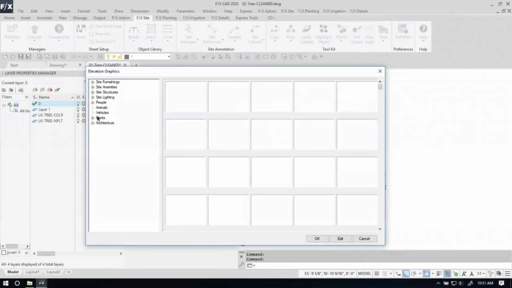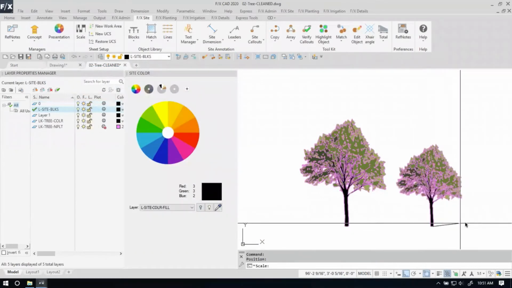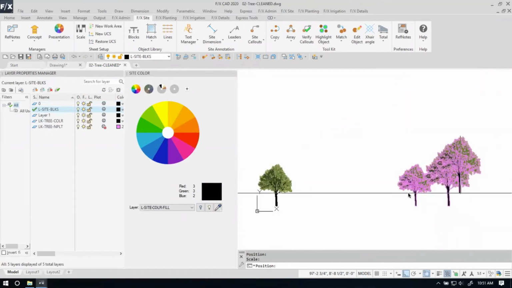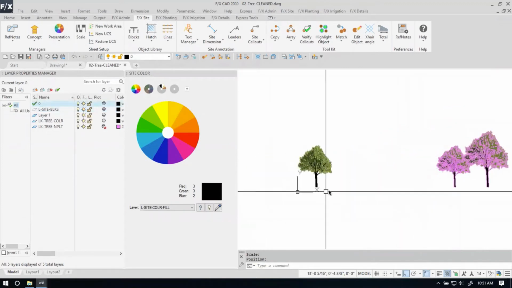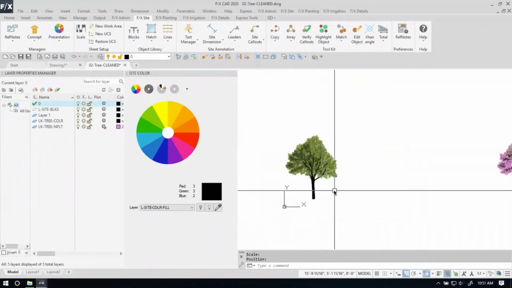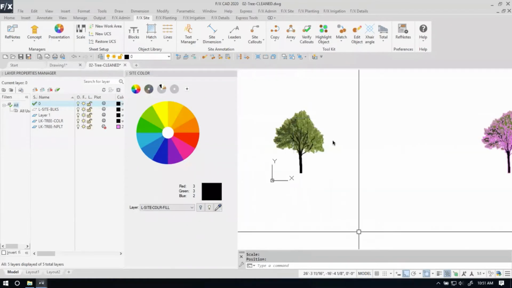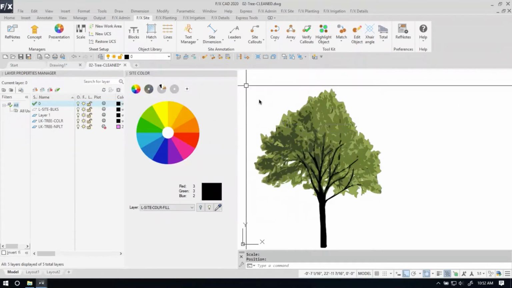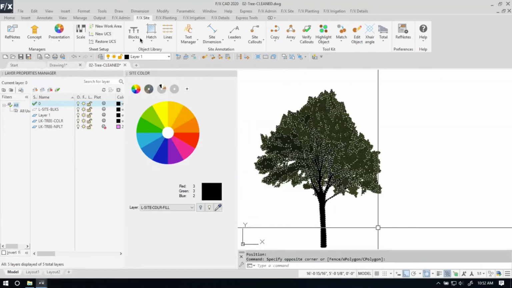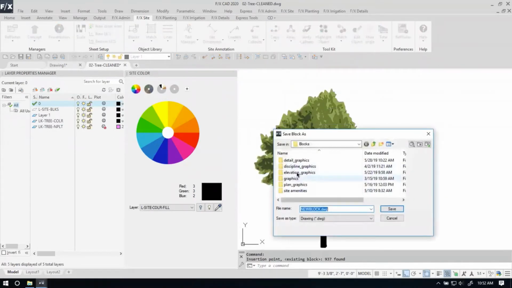So I can go into my library now and head to webinar. There's my tree, click OK, click, and rubber band it in. So I now have this pretty cool block. And I just want to quickly compare this to this block here, because you might be saying this one is maybe a little more detailed, better defined. But if I were to save this into the library, save block, insertion point,